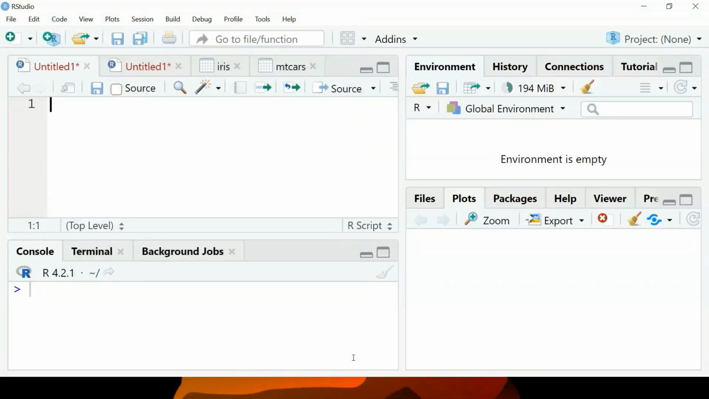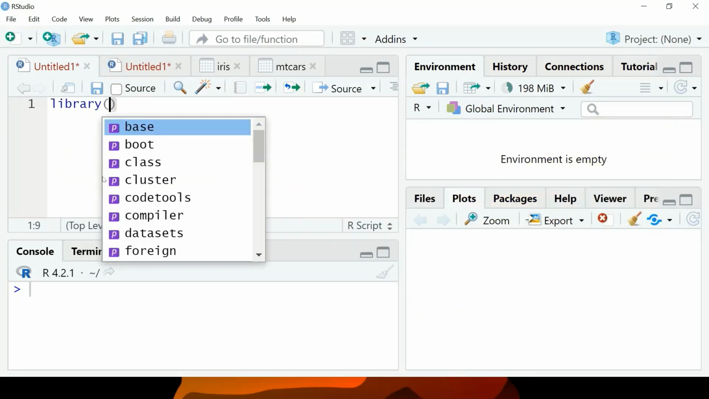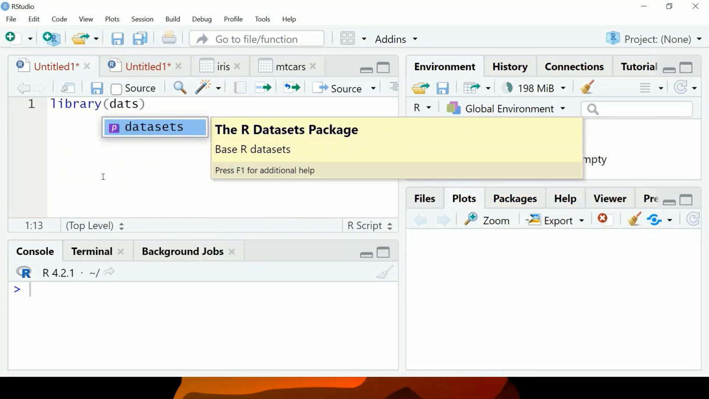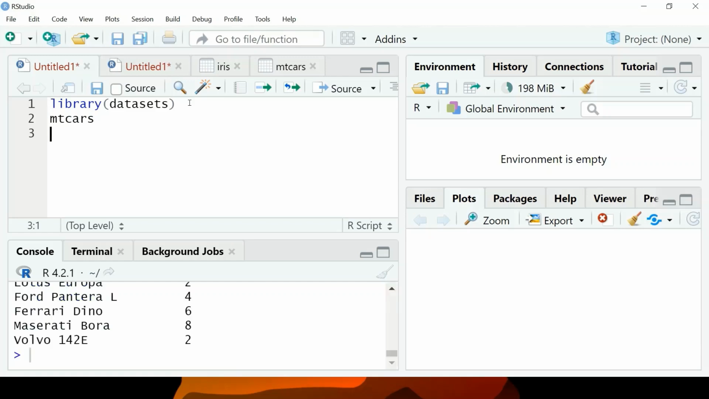So the first thing that I'm going to do is I'm going to say library. I need to use mtcars, which is a data set within R. So I need to call first this datasets package. Then I say mtcars, that's the data that I want to use, and mtcars is within R. All right. So if I say View,